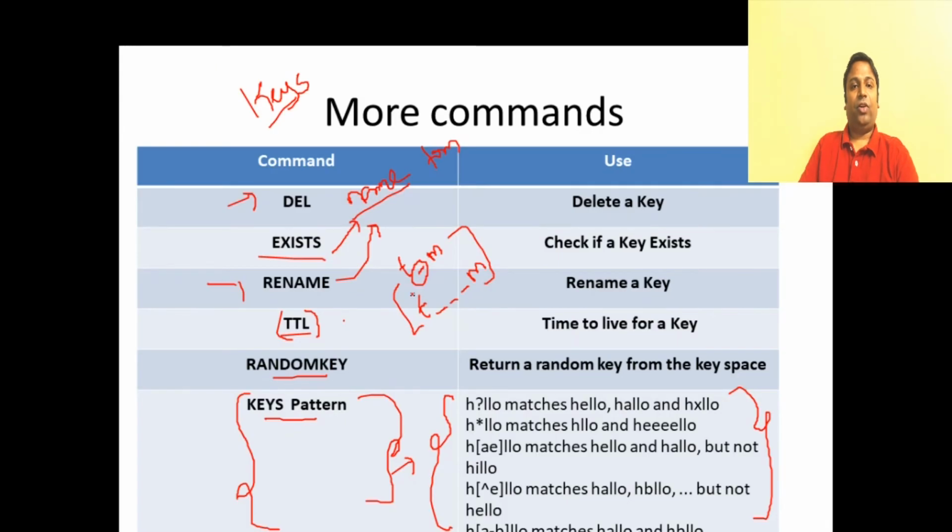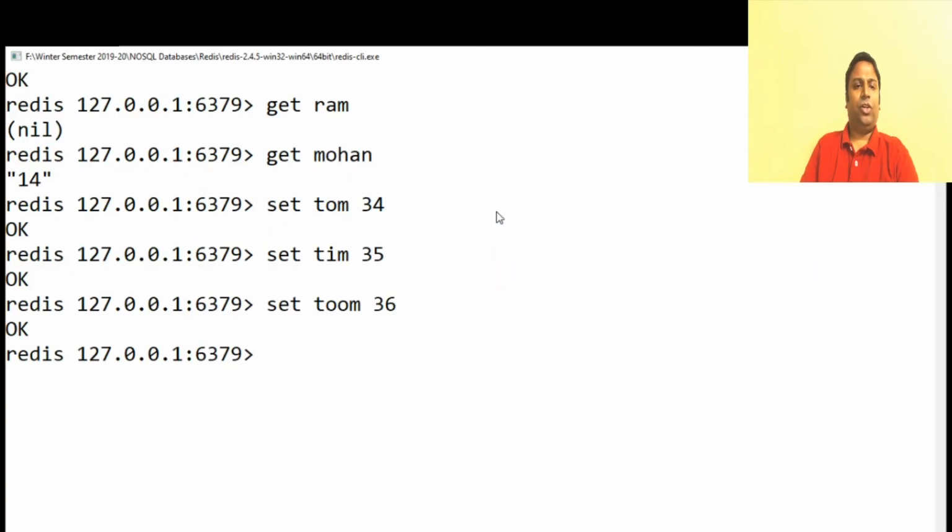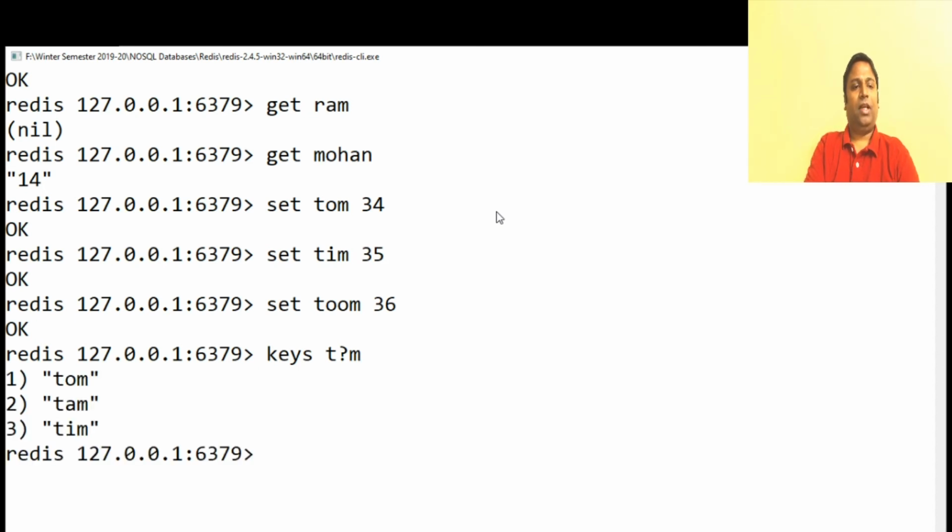When you search for anything like this, what we give is T question mark M. It means search for everything that starts with a T, ends with an M, with any character in between. So when I search keys and then give the pattern T question mark M, it fetches TOM, TIM, and TAM is already in my database, so I fetched everything.